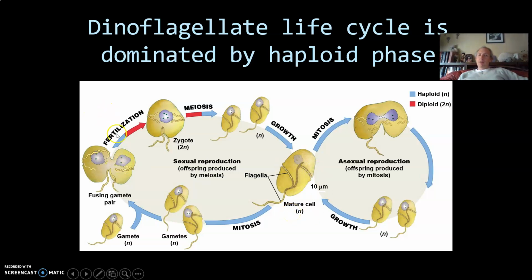A good reminder is that the color typically changes. So if this is all reddish or dark gray, it's all going to be haploid or diploid. And then everything between this bar and the bar again is going to be the opposite. Okay, so the color tells you where it's switching between diploid and haploid. This is a weird life cycle to you, but if you're a dinoflagellate, this is normal life cycle.